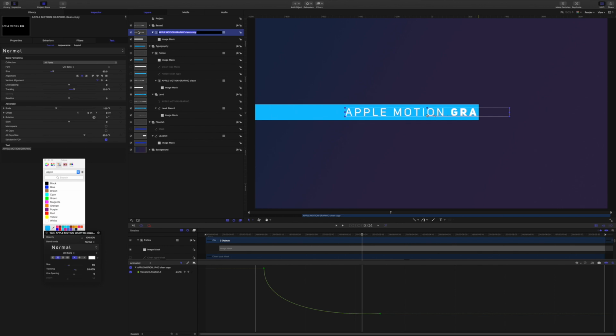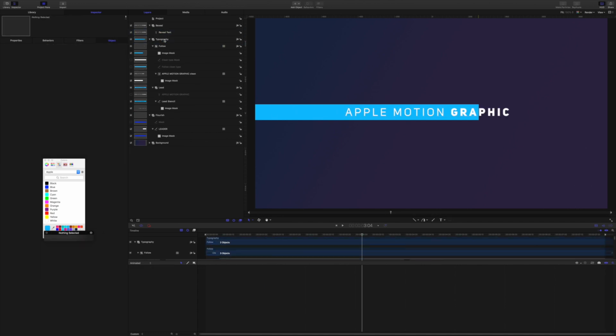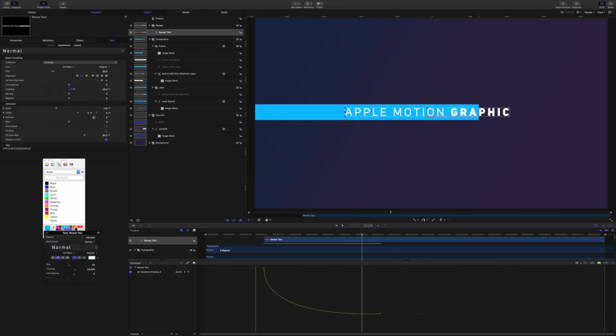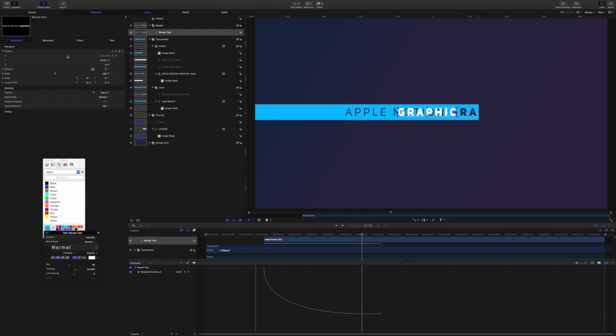I'll rename it as reveal text and delete that image mask. Then I'll come into the inspector and get rid of the first two words,